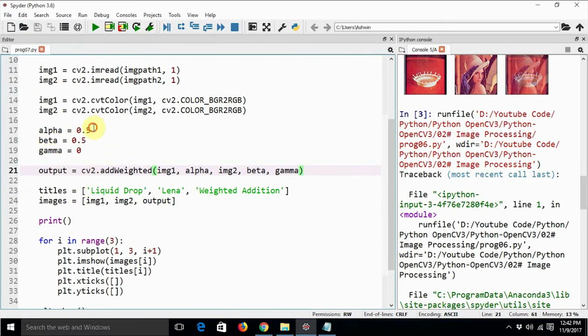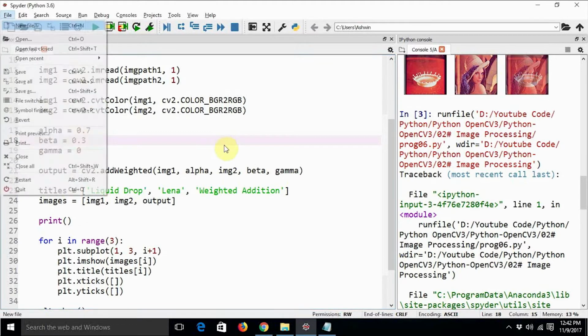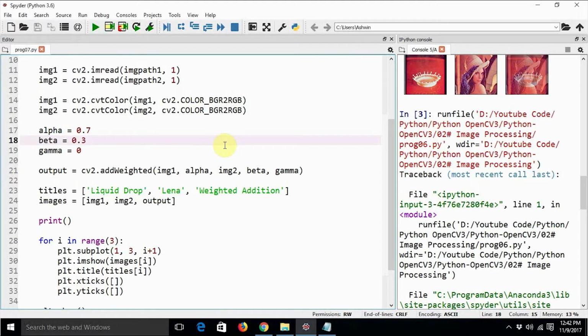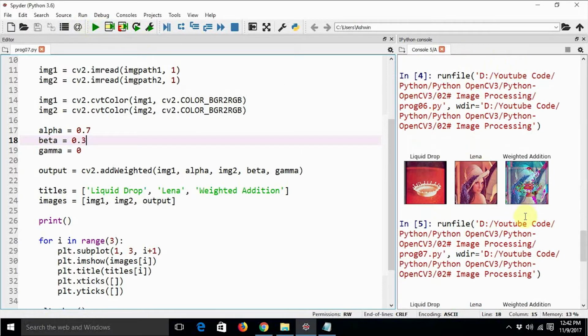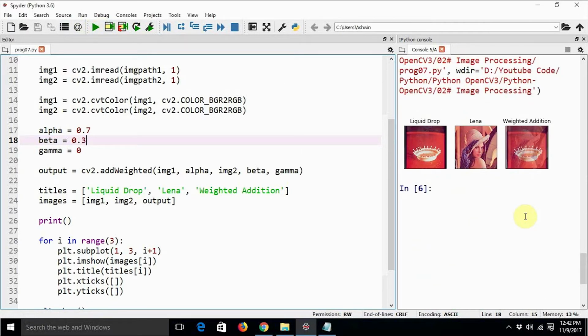Have you ever wondered what will happen if we change the values of alpha and beta? While blending the images, both the portions from both the images are displayed with equal weightage. If I just change the weightage, that is, the values of alpha and beta, the blending effect will still be there, but the image for which the weight factor is more will be more prominently displayed, correct?